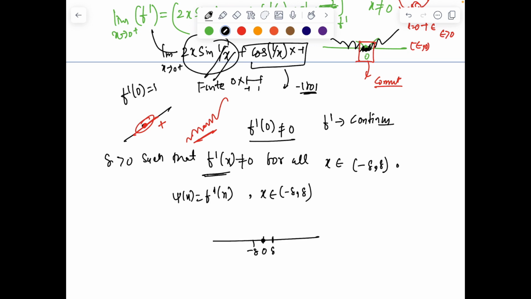If it is positive at some point, it is positive in a sufficiently small neighborhood of that point. Similarly, if it is negative at some point, it is negative in a sufficiently small neighborhood of that point. So that shows by way of theorem that because of continuity of f dash x,